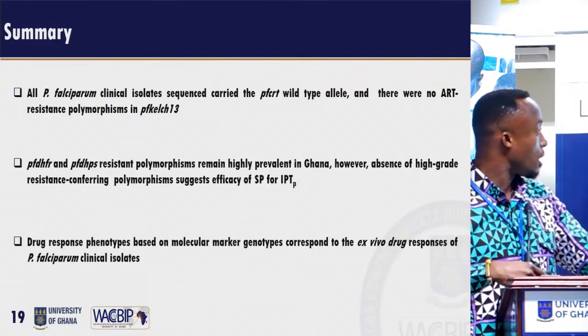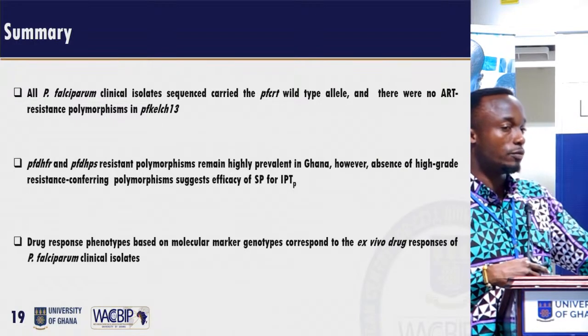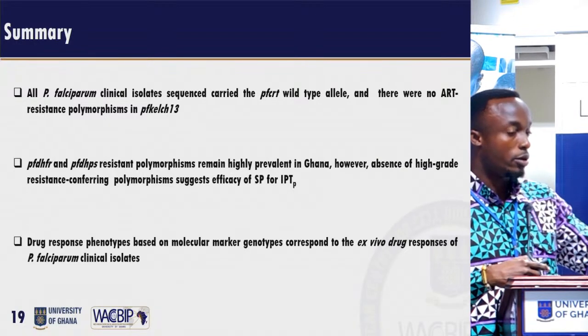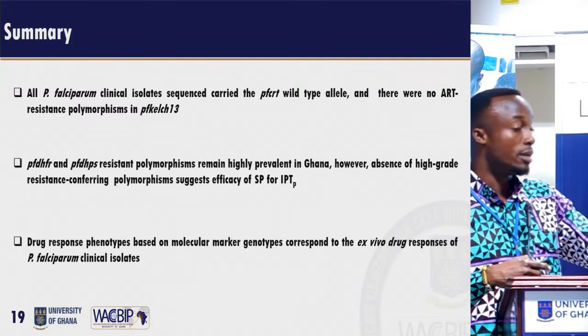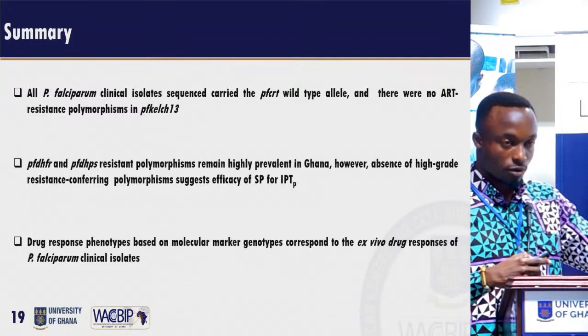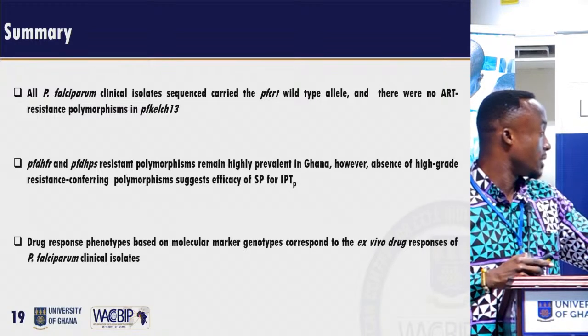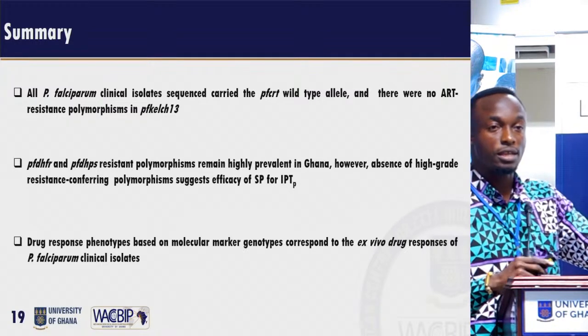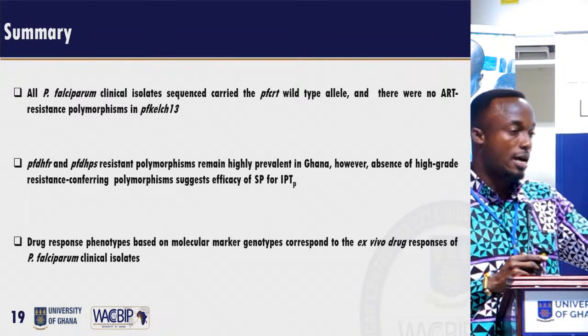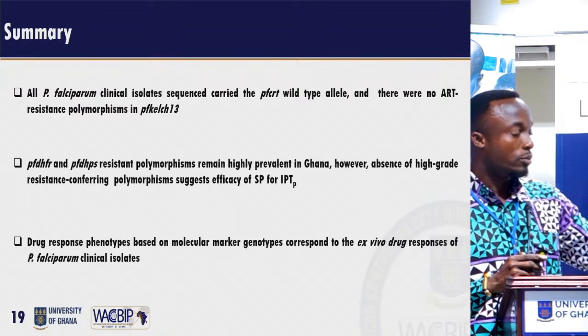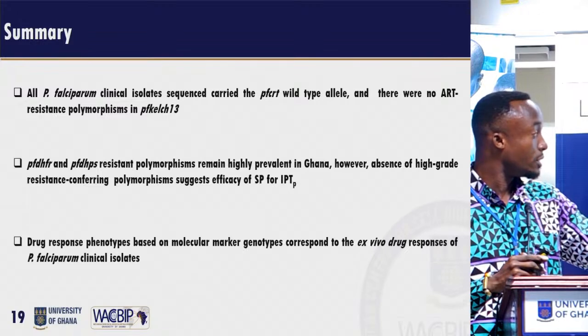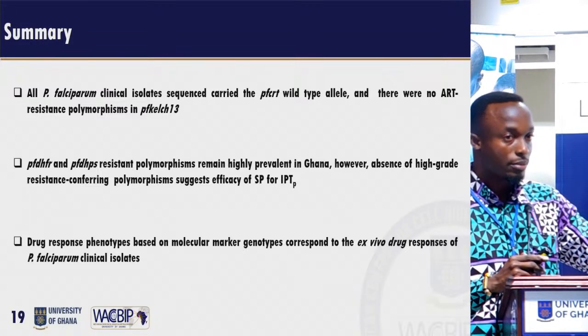In summary, from our molecular study, we've shown that all our isolates carried a wild-type allele for CRT, and there were no Kelch13 polymorphisms known to confer partial artemisinin resistance, which is expected. And also, antifolate resistance markers remain high in Ghana. However, we didn't find mutations that confer high-grade resistance to sulfadoxine-pyrimethamine. Thus, we could still use